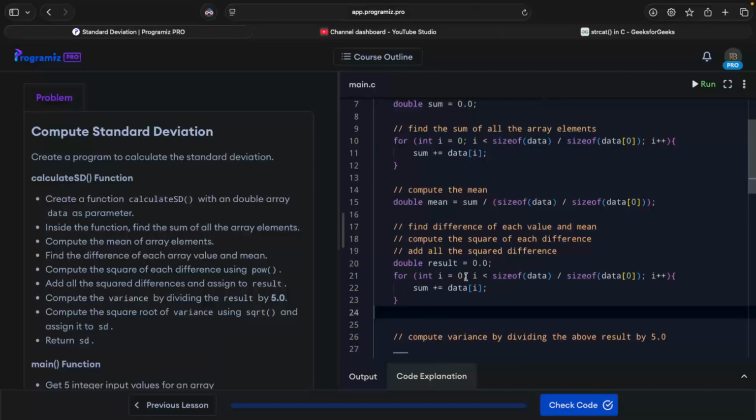All right, we will need to do that thing, right? So result is there. We need to add all the differences. Okay, so in that situation, what we need to do? Result, right? Result will be,